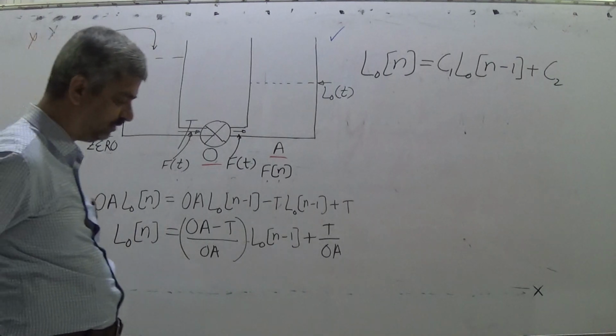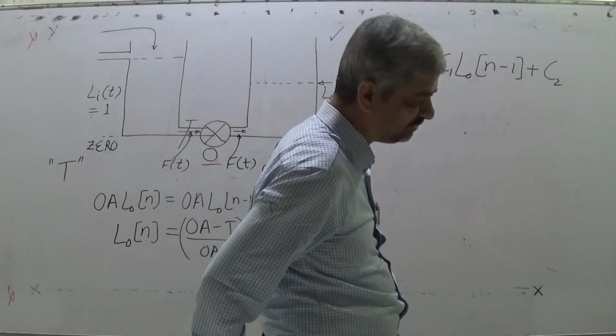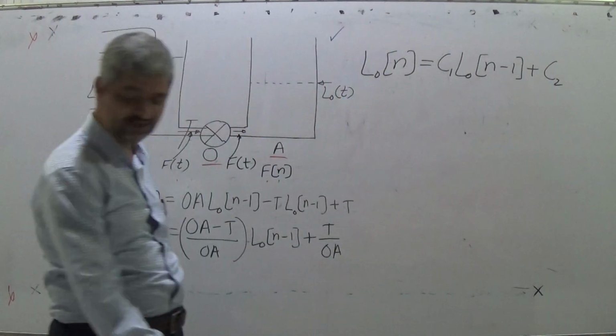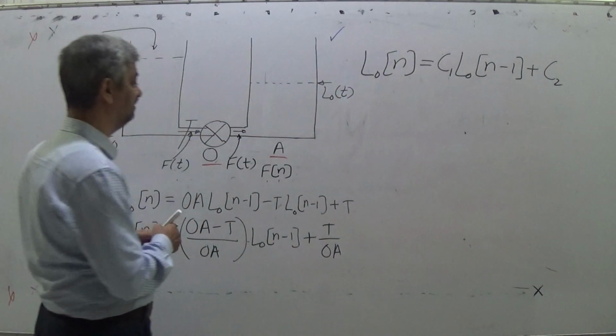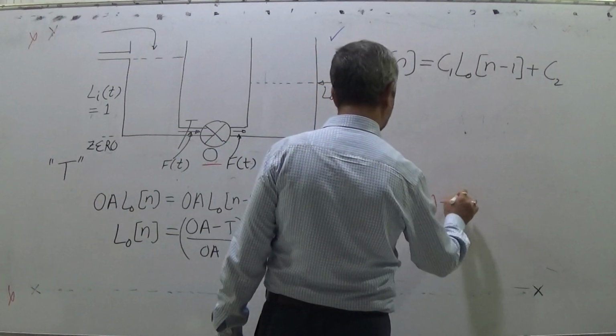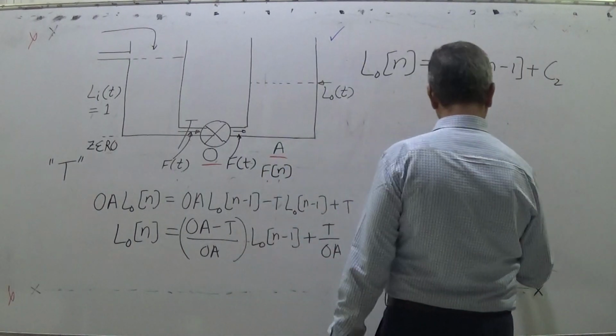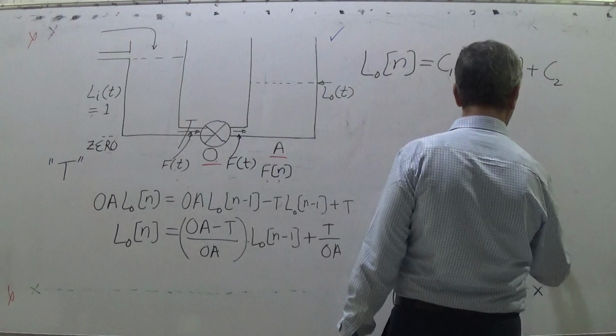LON is equal to C1 into LON minus 1 plus C2, where C1 is equal to OA minus T upon OA, and C2 is equal to T upon OA,